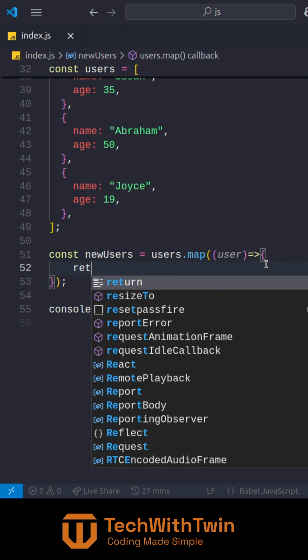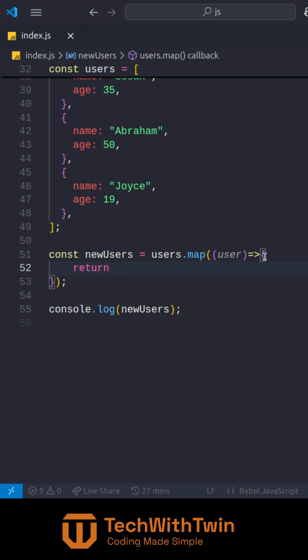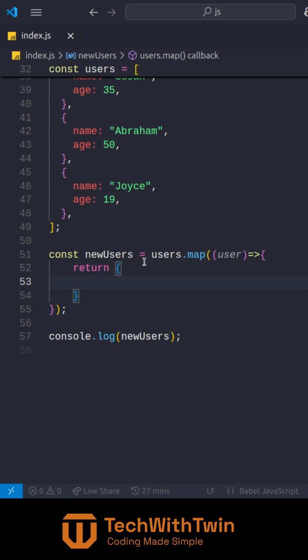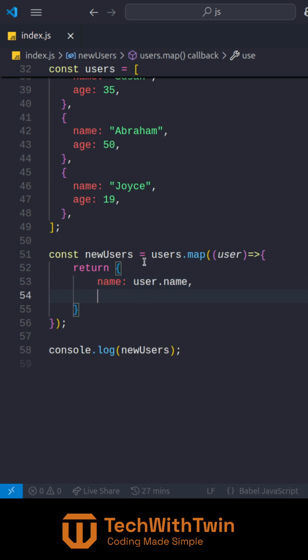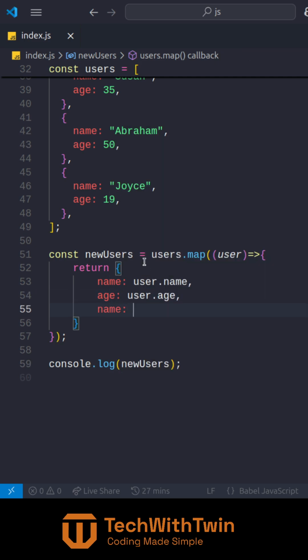But now I need to return, because now this is a block of code. We need to return from it. So I'm just going to return a new object. We can do it the way I did it, whereby I said name is equal to user.name, age is equal to user.age, and then the new name will be